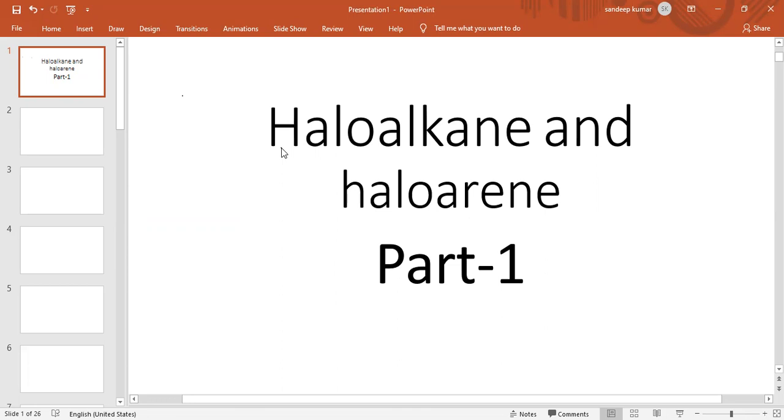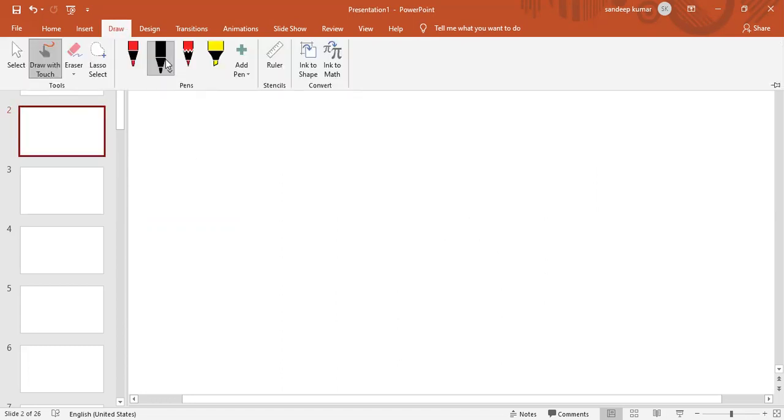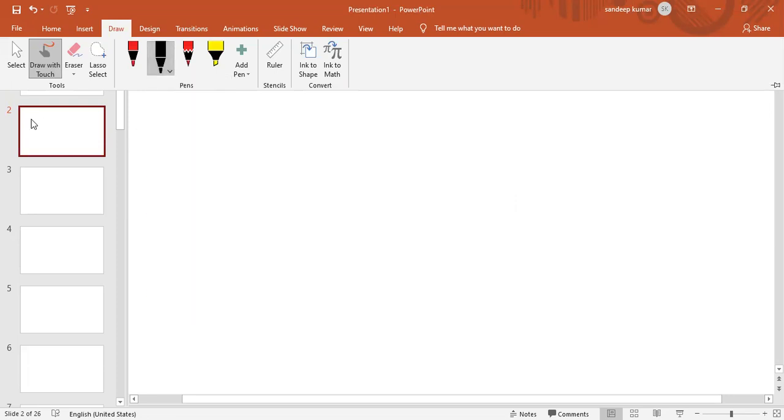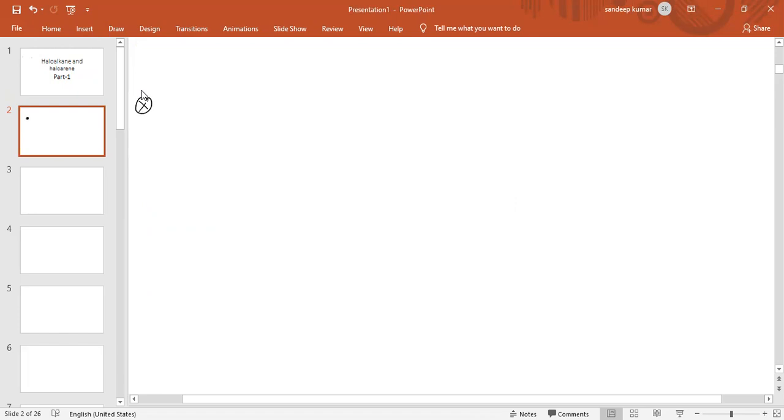So basically first we will discuss the preparation of haloalkanes. See how we can prepare haloalkanes. As you people know, this is very easy. First we are going to discuss the electrophilic addition reactions for the preparation of haloalkane. This is very easy and we have already discussed it in the hydrocarbon chapter 2.